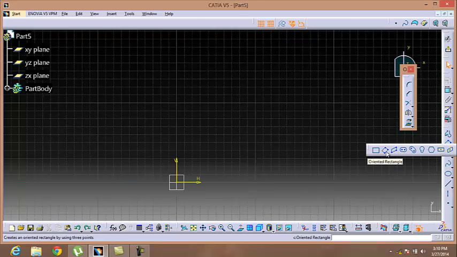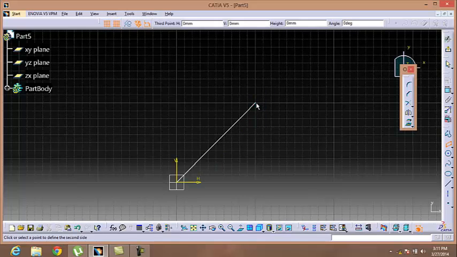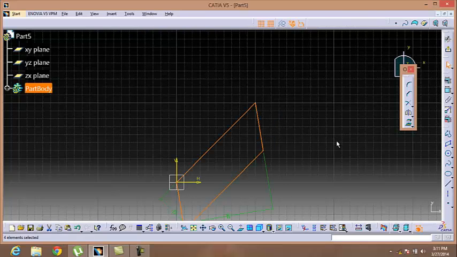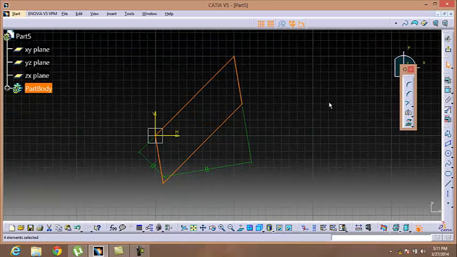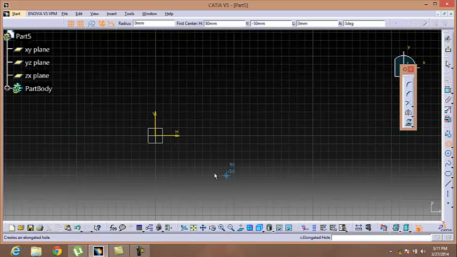Third one is a parallelogram, similar to that of a rectangle. First point, then the diagonally opposite point, here's our parallelogram. Next is an elongated hole.